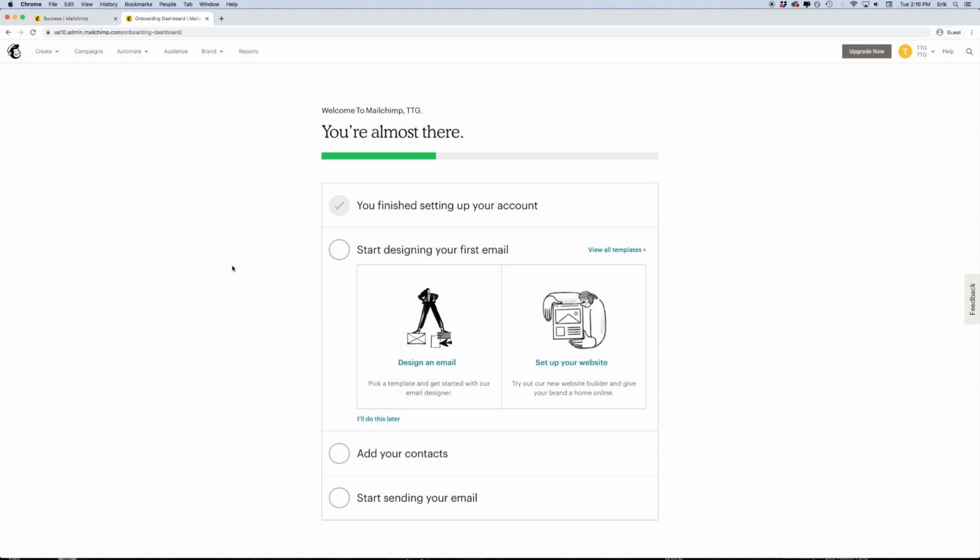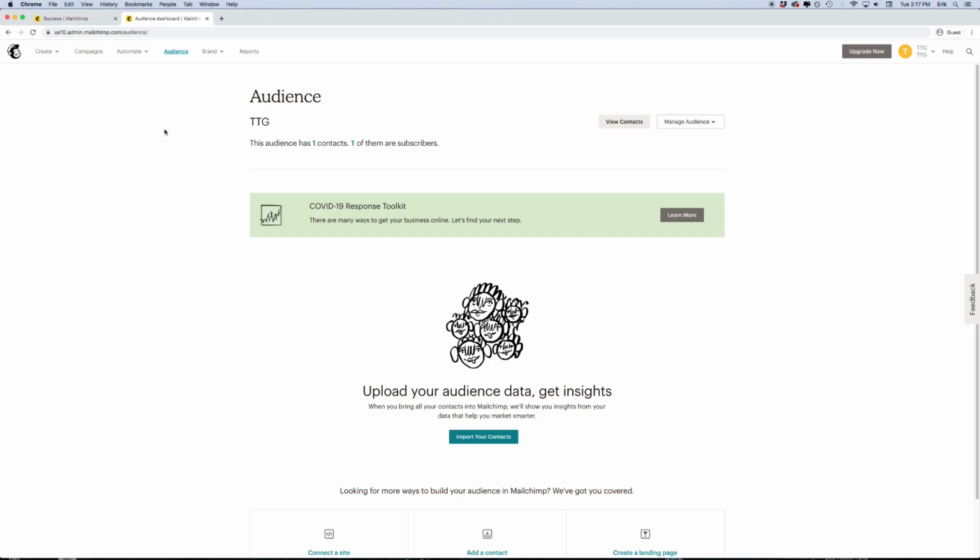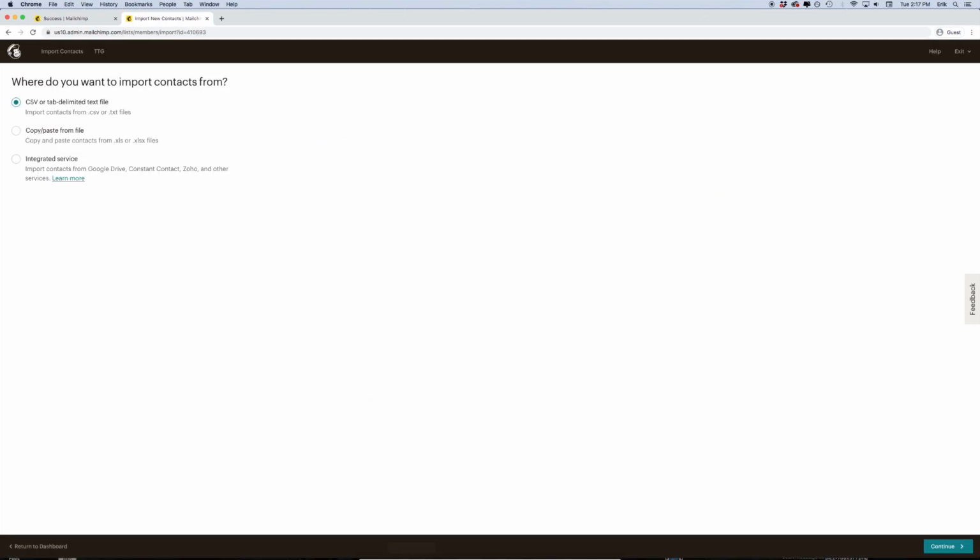So this is the Mailchimp dashboard. From here, you're going to want to go to the Audience tab on the very top of the page in the navigation. This will bring you to where you can import your contacts, view your contacts, edit your contacts, and whatnot. I'm going to go ahead and click on Import Your Contacts,